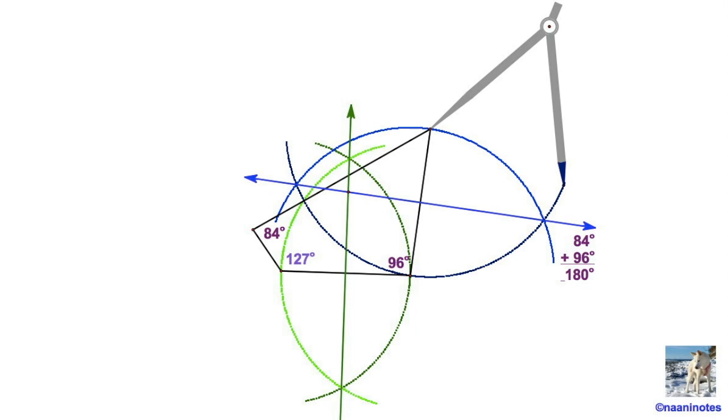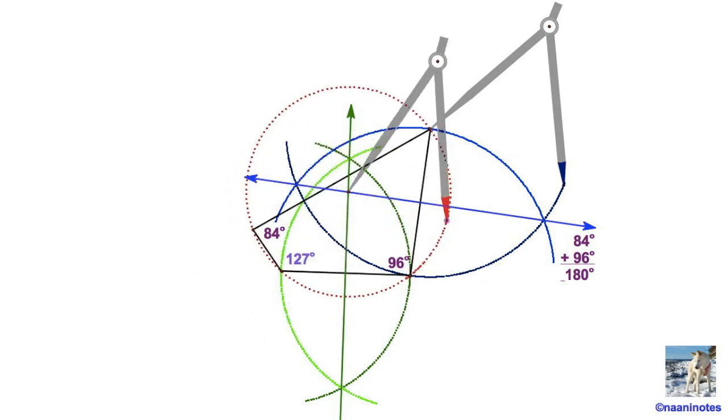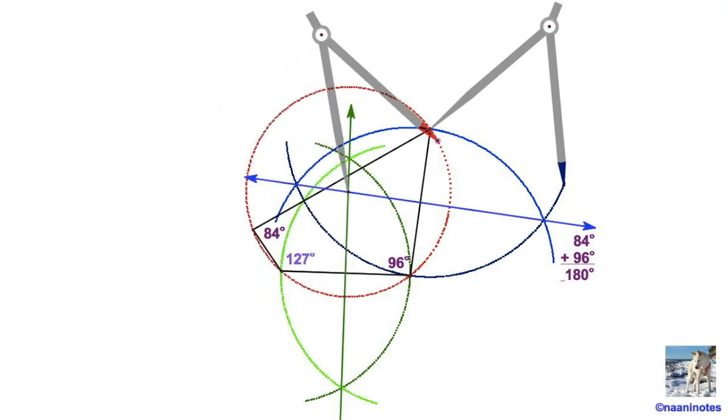So go ahead and put the needle of the compass there, and gap it to any of those vertices. And there you go. You've done it again. Congratulations. You have